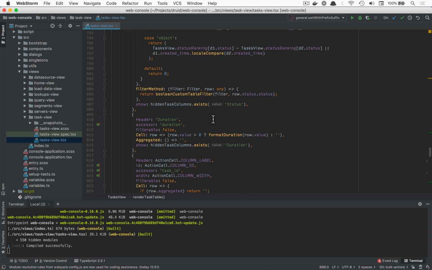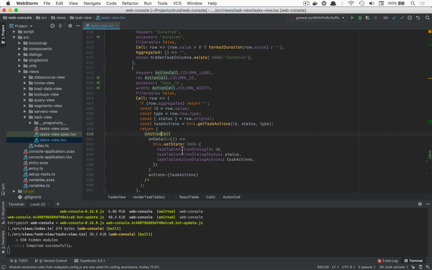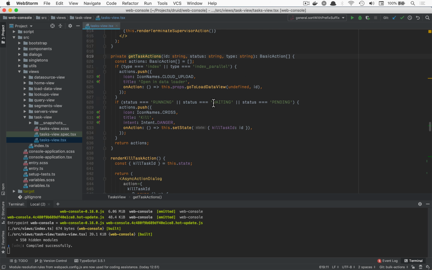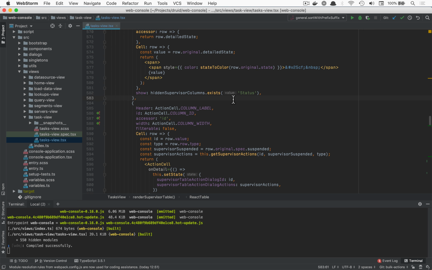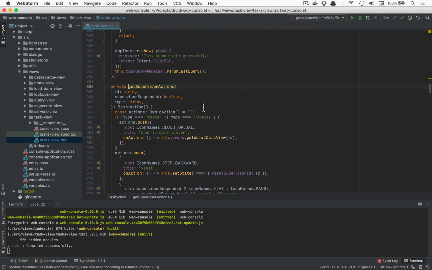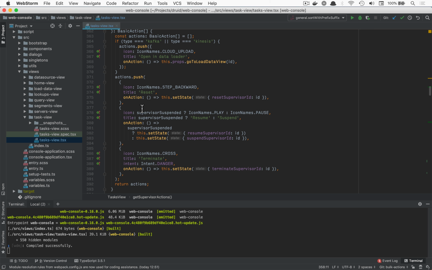Okay, actions. Where is it pulling? Action cell. Great. Task actions. Where is it coming from? Get task actions. Perfect. All right, here we go. Wait, task actions? No, I want supervisor actions. Get supervisor actions, because I'm going to be copying these. All right, so I have reset, resume, suspend. So just copy all of this and